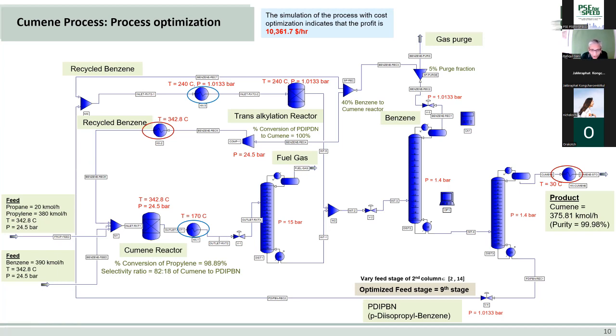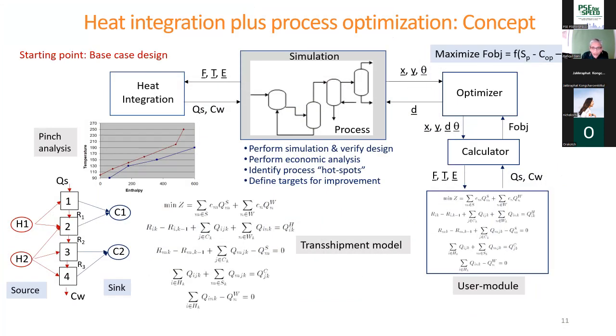So now we can solve this problem separately by doing the pinch analysis, as I indicated to you in the concept slide, but we will look at it in more detail. So we have looked at this part, but now we will look at the heat integration part, the methods for pinch analysis and the mathematical formulation of the problem.